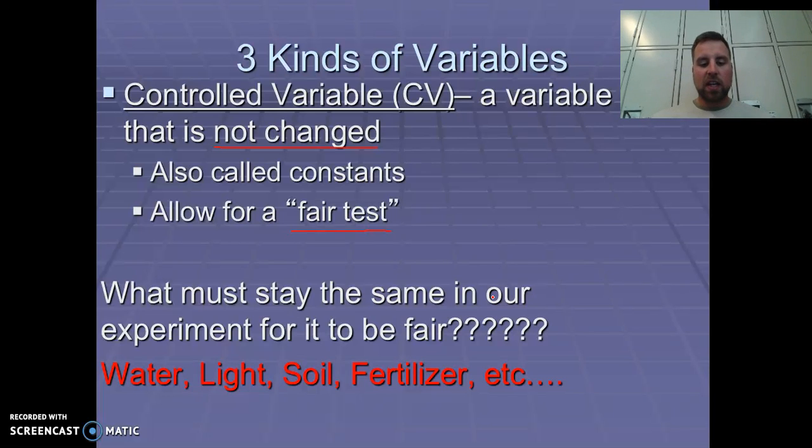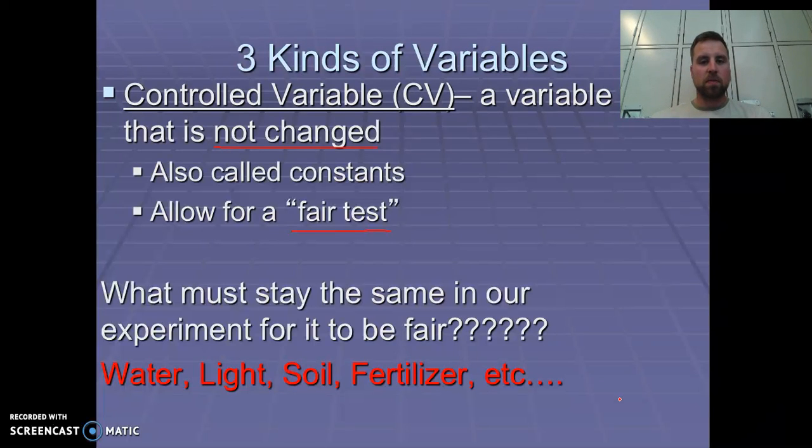If you change the amount of light, and you change the coffee grounds, how do you know which one impacted our plants? We don't know. So in order to make sure that it's the coffee that impacts them, we have to keep everything else the same. So water has to stay the same, light has to stay the same, soil, all your plants have to be in the exact same type of soil. If you provide fertilizer, that has to stay the same. Your plants have to stay the same, right? You don't want to put coffee grounds on a tomato plant and then a potato plant and measure them, because they're not the same plant. They might be impacted differently. Okay, so